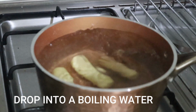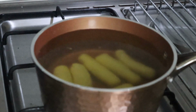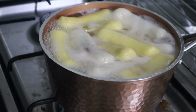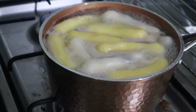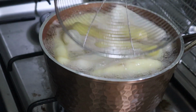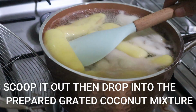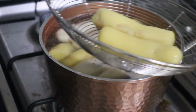drop your palitaw. When it floats, then it's cooked. Now palitaw is ready when it floats. Let it stay for a few minutes floating, so you're sure that the dough is cooked. Get it using the strainer. Drop this into the